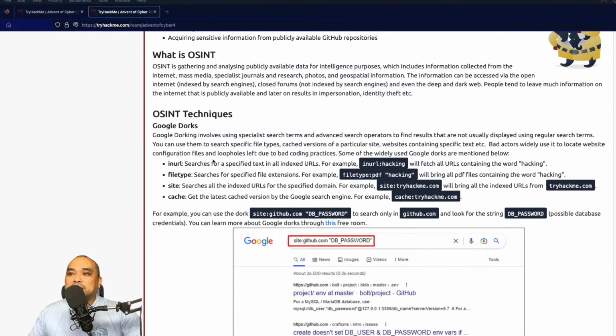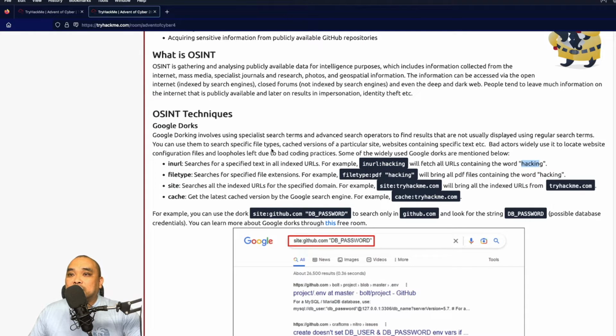Google Dorking is, and I didn't know this, that in Google you can put search operators into your searches, like inurl. So inurl with a colon and then something at the end, like inurl:hacking, will search all URLs that contain the word hacking.